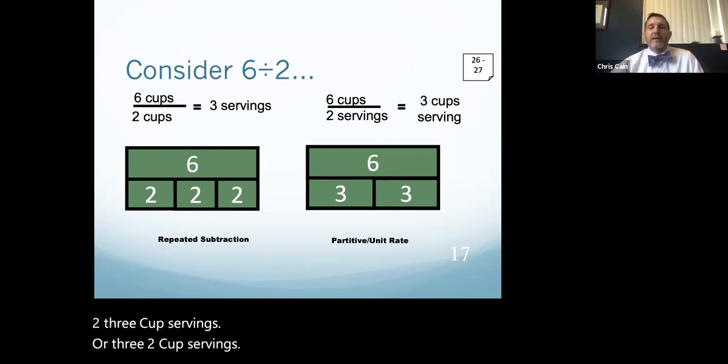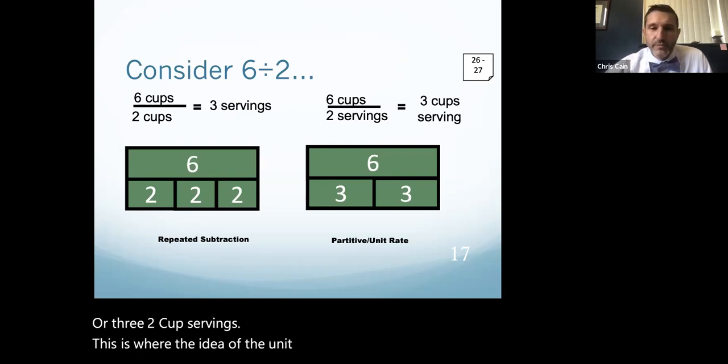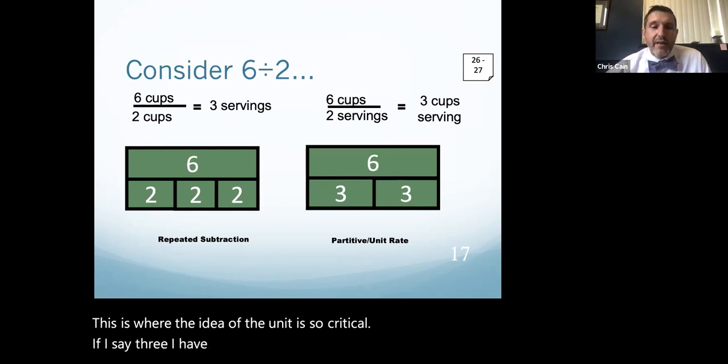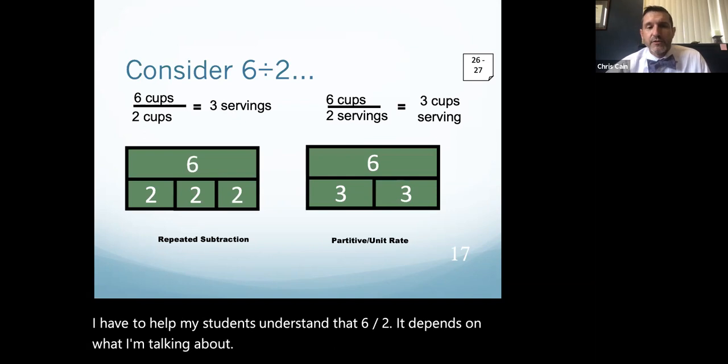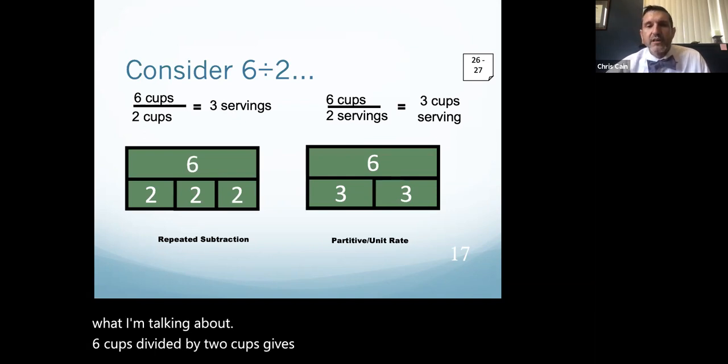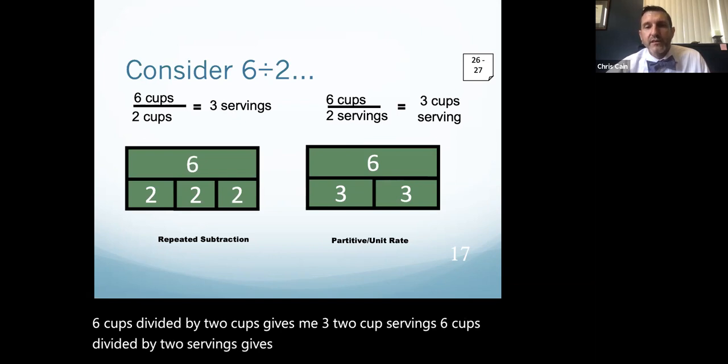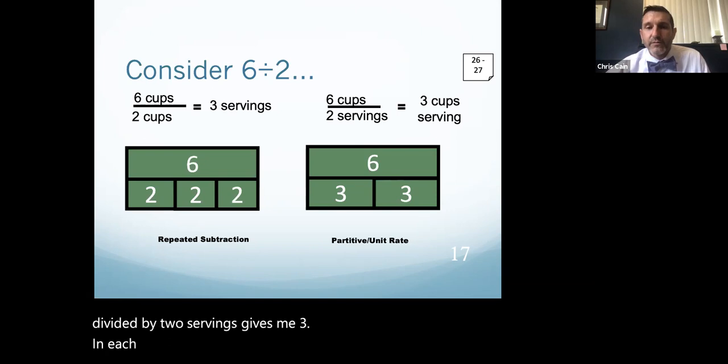This is where the idea of the unit is so critical. If I say 3, I have led my students down the wrong path. I have to help my students understand that 6 divided by 2, it depends on what I'm talking about. 6 cups divided by 2 cups gives me 3 2-cup servings. 6 cups divided by 2 servings gives me 3 cups in each of 2 servings. So this matters,